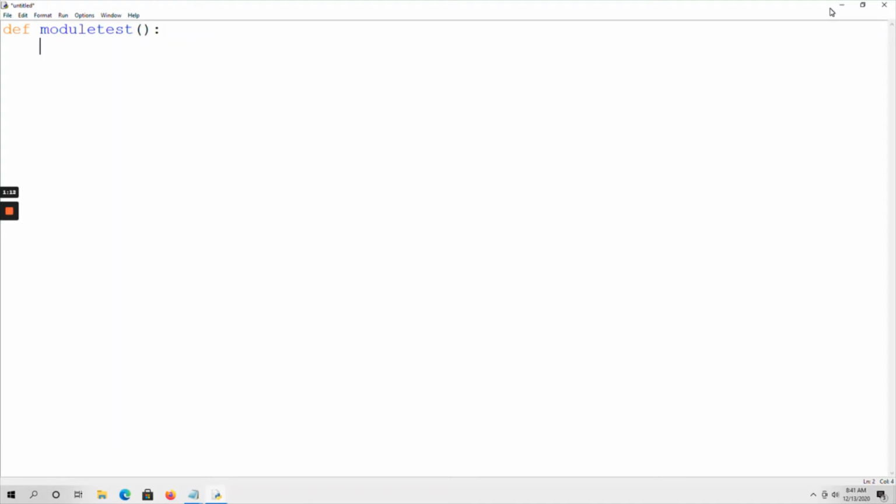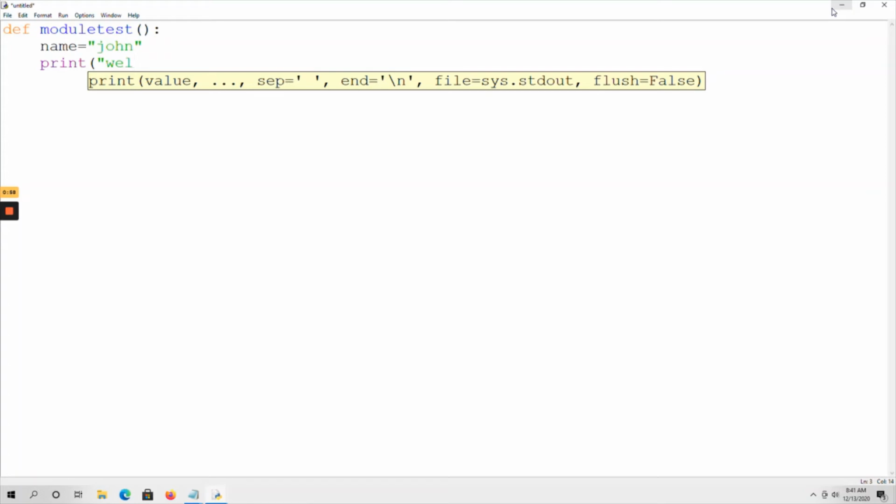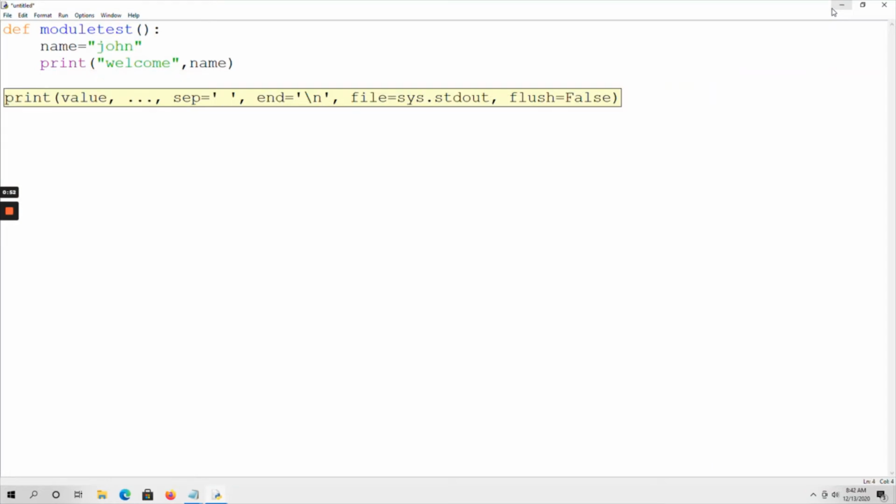Here I am taking a name variable and assigning it the string John. Then I am going to print a greeting message: Welcome, comma, name. So this is my Python code. My function name is module_test, and in that function I have assigned a name variable and I am going to print the welcome greeting message.